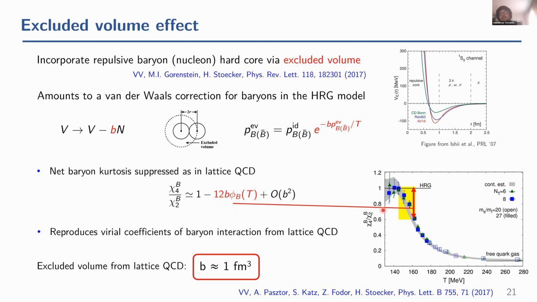And at zero chemical potential, you can match this excluded volume parameter such that you are consistent with the latest QCD data. So this is another part of that non-critical scenario. We not only want a crossover scenario, we want a crossover scenario which is consistent with the QCD equation of state from lattice that we have at mu_B equals 0, at least in the freeze-out regime. This excluded volume effect is one way to achieve that. The value is about 1 cubic fermi, which is what matches the lattice data. This is used in the calculation.